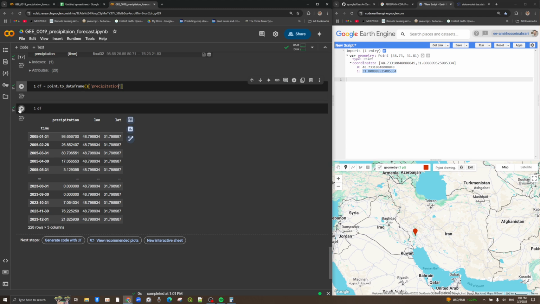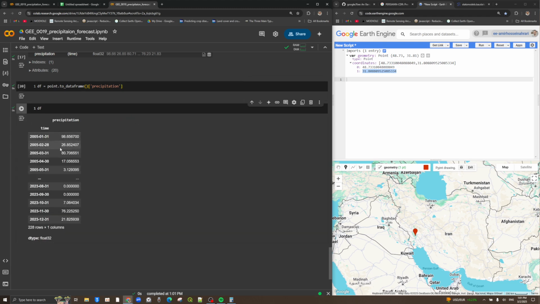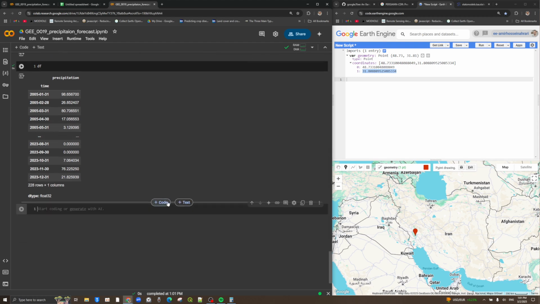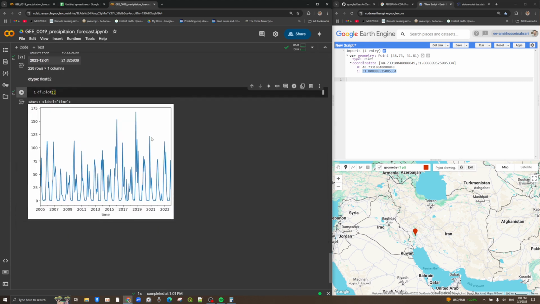Precipitation, let's run. And now the data frame includes two columns. The first one is time, that is the index, and the next one is precipitation, the monthly precipitation in millimeter unit. So now the data frame is created, and in the next step I'm going to show you how to plot the precipitation variation with df.plot, just like this, very easy. And you can see the monthly variation for this point,